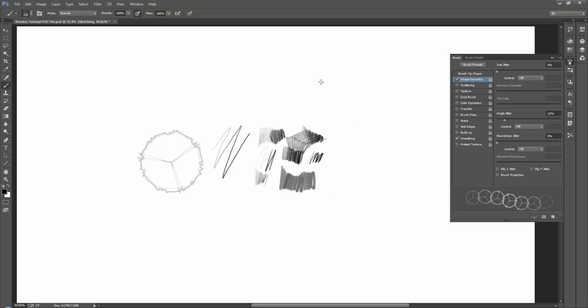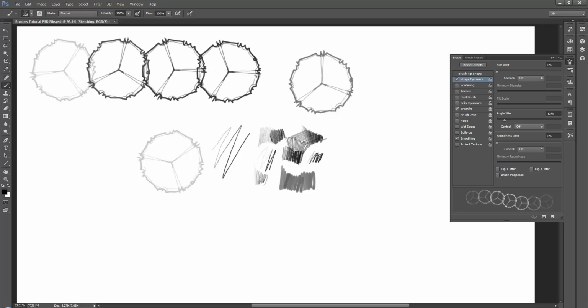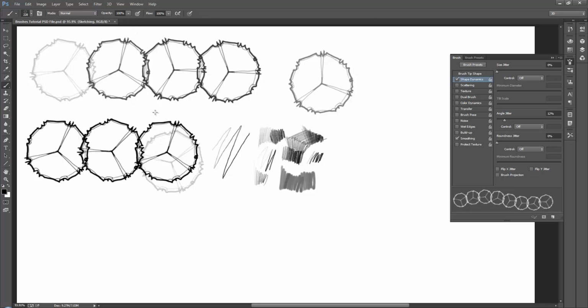And I'm going to turn the transfer off so it stays a little darker. Now, if I draw several of these, you can see, and also in this case, I'm going to turn opacity off up here so it's just dark. You can see that each of those tree branches is the same exact symbol. It's just being rotated. And if I go down to the angle jitter, you can see in the preview, I can move that back and forth, and that's introducing a random amount of rotation in that angle of that brush